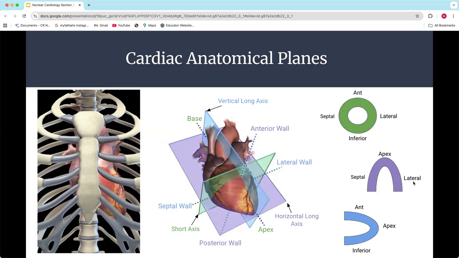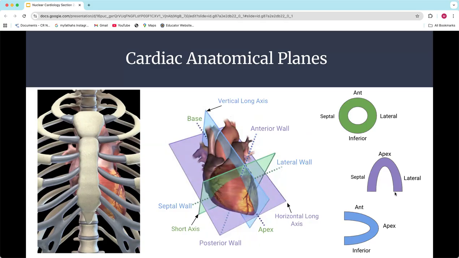It's because they're trying to make it line up with images so that all images have planes in a similar spot, just like you would with a CT. So the lateral wall, you'll notice, is still lateral, and the septal wall is still septal, but now because we have it flipped a different way, we have the apex at the top and the base at the bottom, okay? So septal, lateral, apical, and basal, the base.